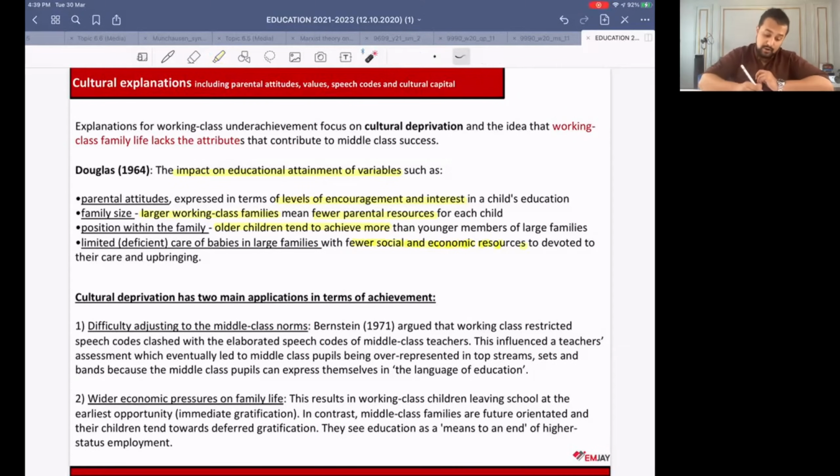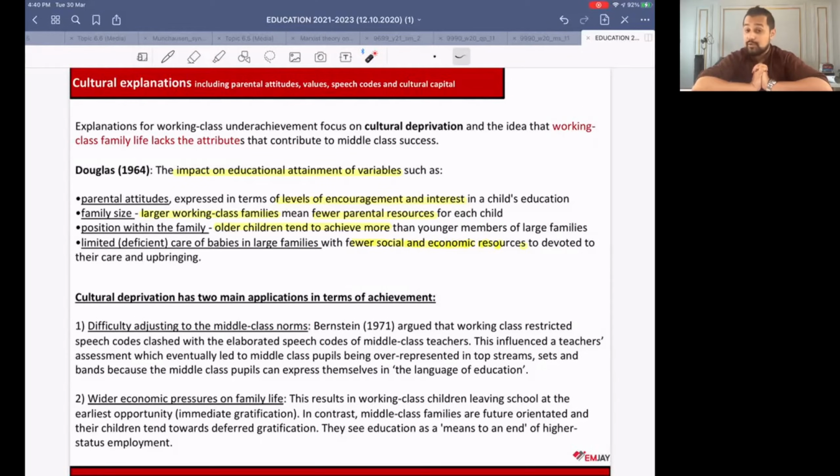Now, when we talk about cultural deprivation, what exactly is cultural deprivation? To put it in a simplistic manner, we could say cultural deprivation is the other end or other extreme of cultural capital. Cultural capital, what is it here? When we talk about cultural capital, we are referring to the extra advantages, the advantages beyond economic advantages that a child from a middle class background has, that puts him or her in a better position as compared to the child from the working class, right?